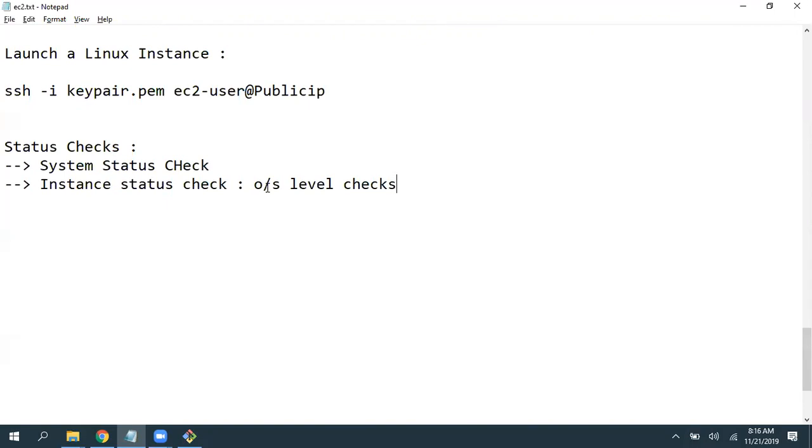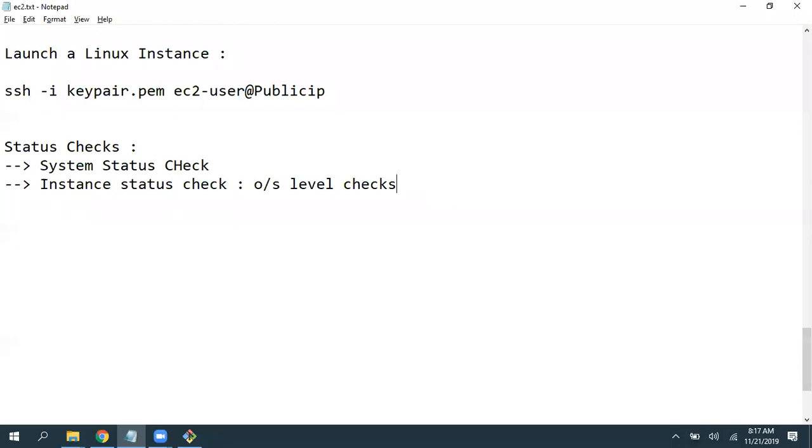So any operating system level issues your instance is facing, then these instance status checks are going to fail. You can look into logs and fix those issues manually. We have different options. Even without logging in, we can enable NIC cards and execute commands, which we will discuss. But instance status check is nothing but instance level issues.